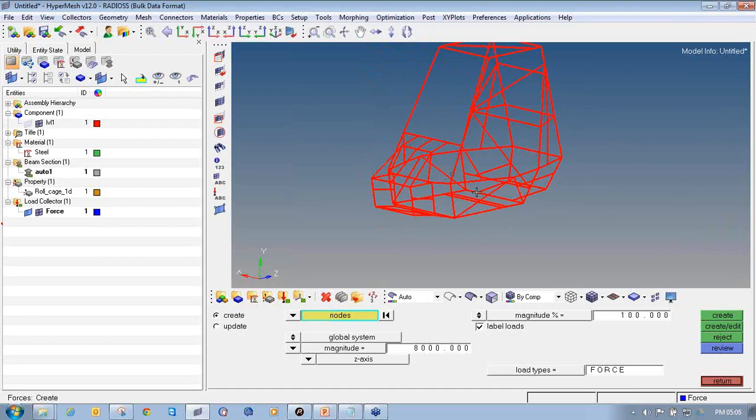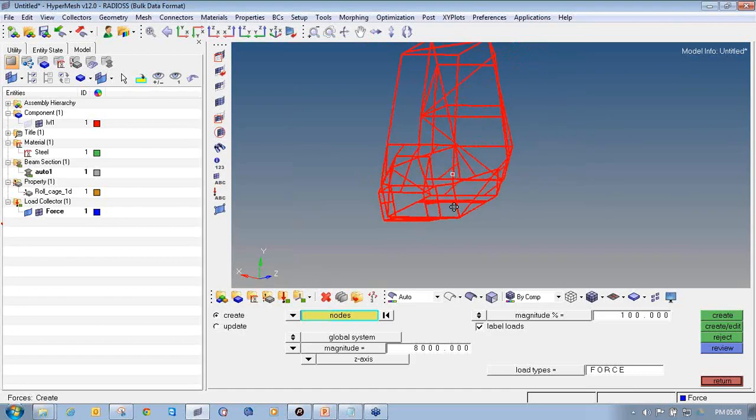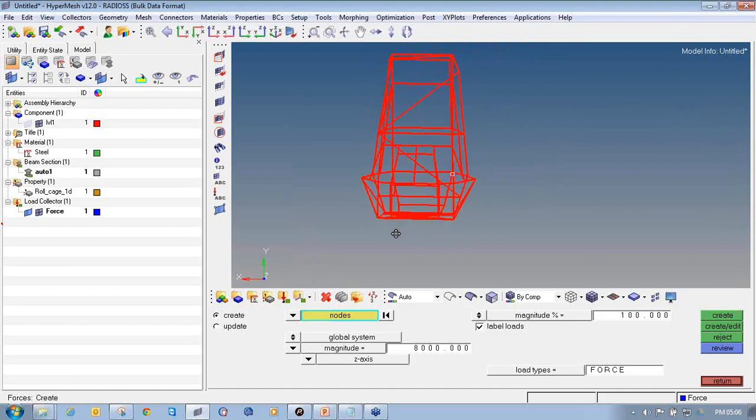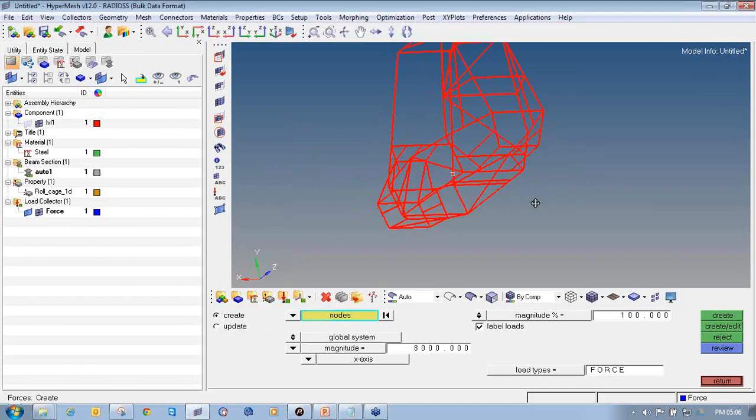So during the simulation it will transfer the force. As you can see on my model, for the side impact, my direction of force will be X. So in the X direction my forces are going to be applied. So I will select the direction as X,